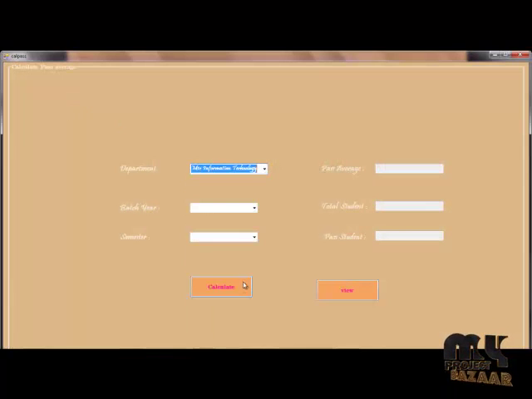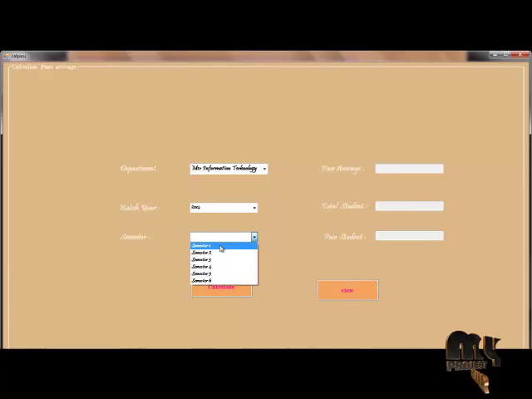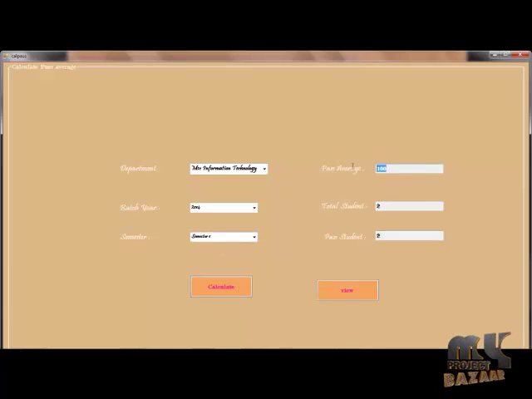By selecting the department and the batch and semester, a pass average will be calculated. The total number of students in MS Information Technology 2004 batch is 2, the pass average is 2, so the pass average is 100.